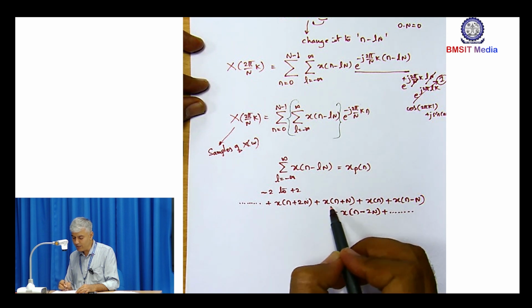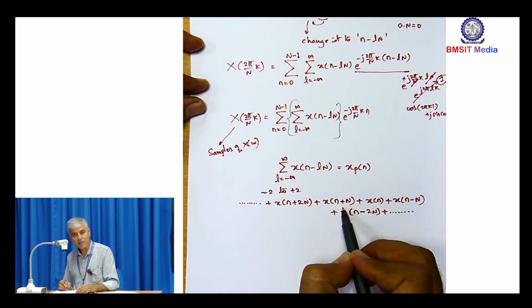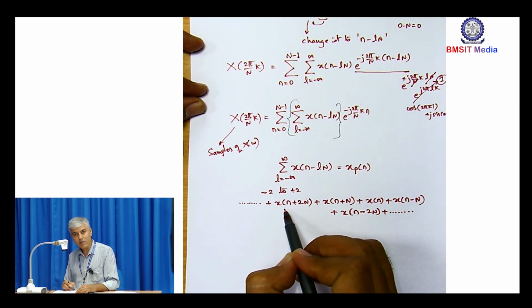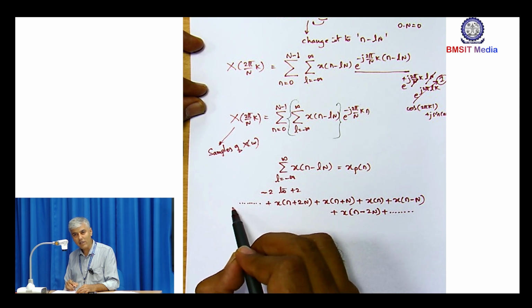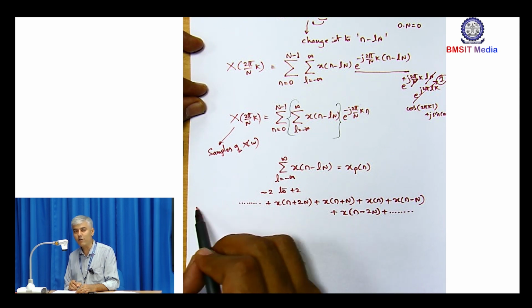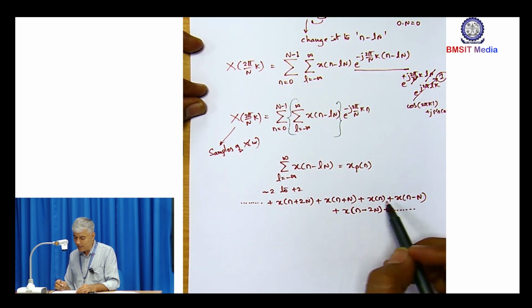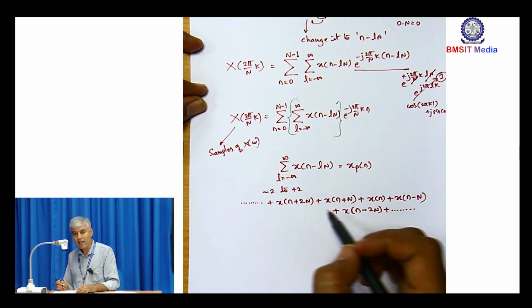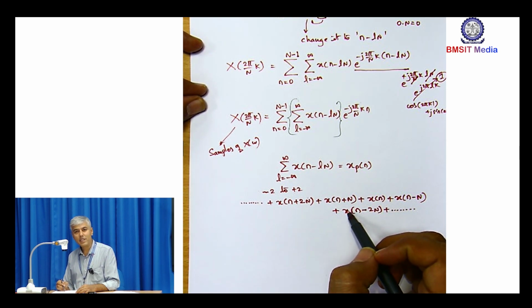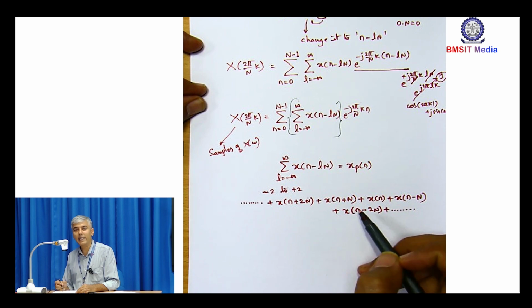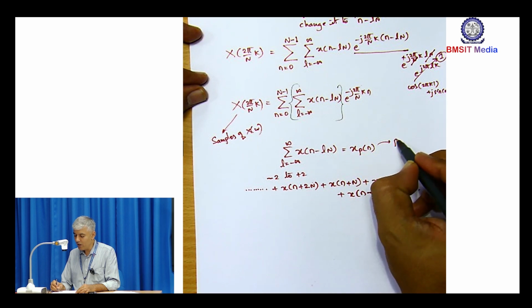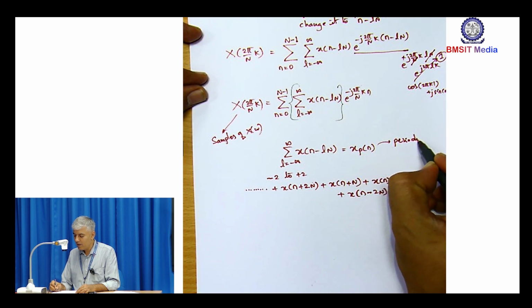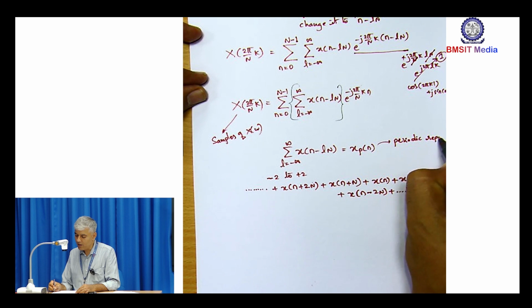On the other side, you will see this term is advanced by N, this term is advanced by 2N, one more term advanced by 3N, advanced by 4N, advanced by 5N, and so on. That means it is the x of n which is repeating itself. So this is the periodic repetition